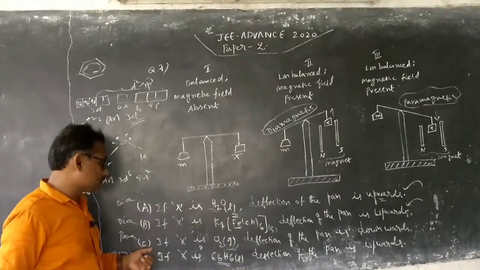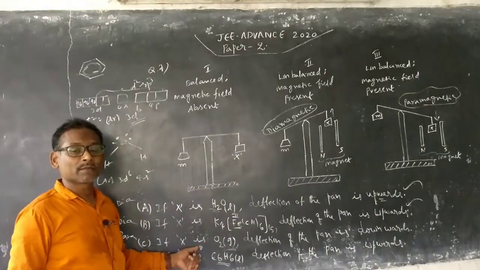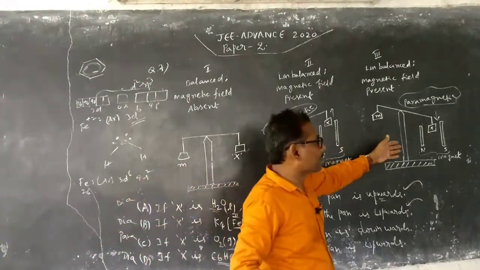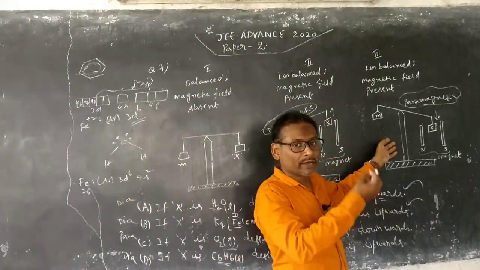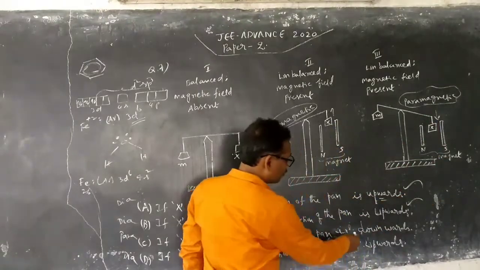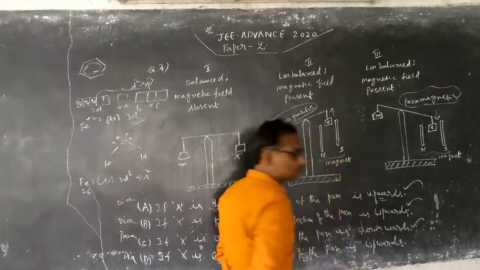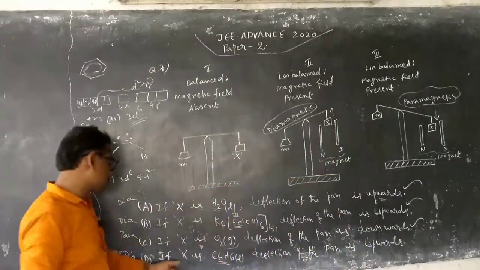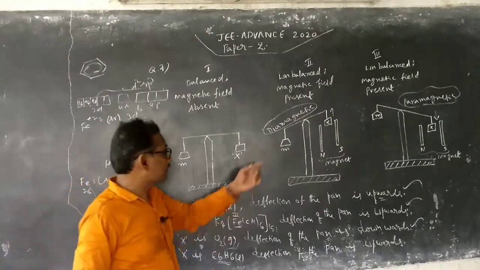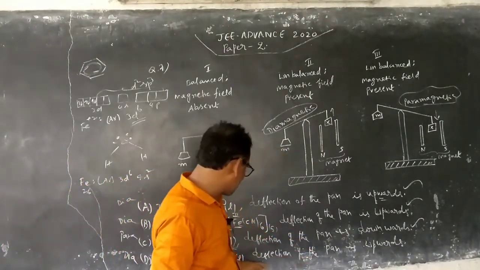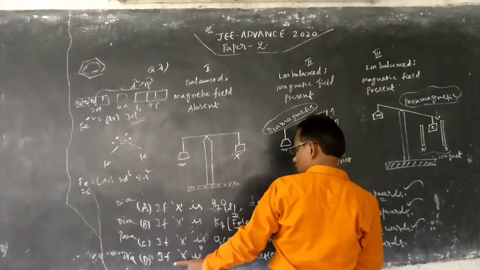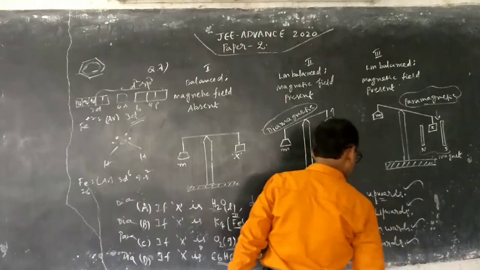The third substance, O2 gas, I told you is paramagnetic, so it is supposed to be pulled by the magnet. That means the third diagram is expected: it must be deflected towards the applied magnetic field, that is, downwards. Yes, it is given as downwards, correct. The last substance is benzene, which we suggested is diamagnetic, so it is expected to deflect upwards. Yes, the deflection is upwards, so it is also correct.